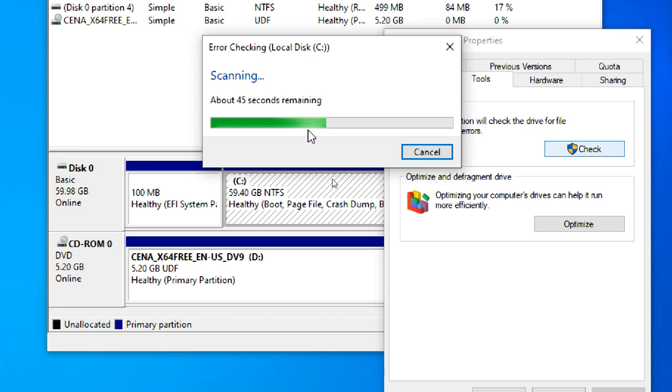So basically it is checking for a file system error. That too it is the C drive, it will take time, but this is a freshly installed system, so it won't take much time. But if my disk has a lot of data in the C drive, and I have been using it for so many years and have not checked errors, it will take more time on my physical machine. This is a virtual machine, no problem, it takes less time.